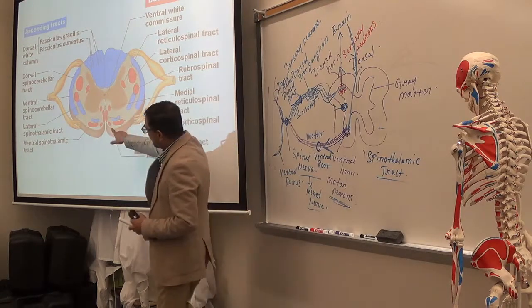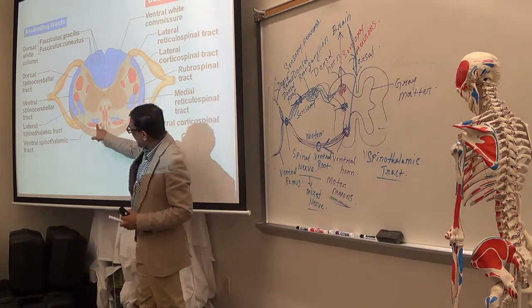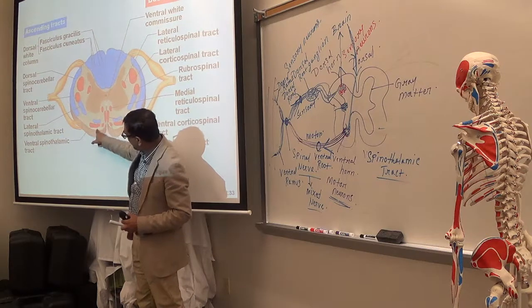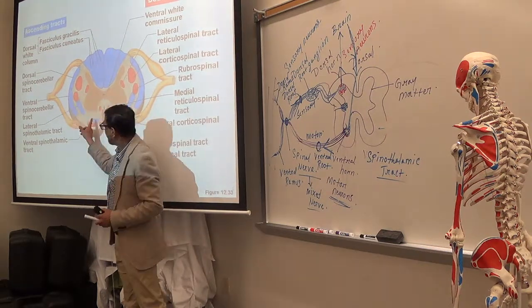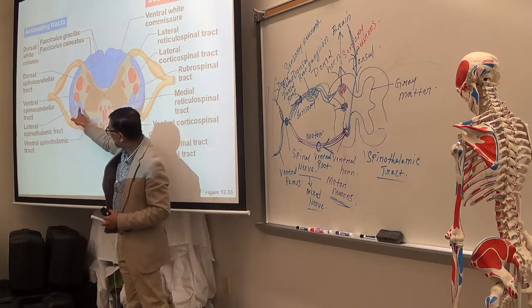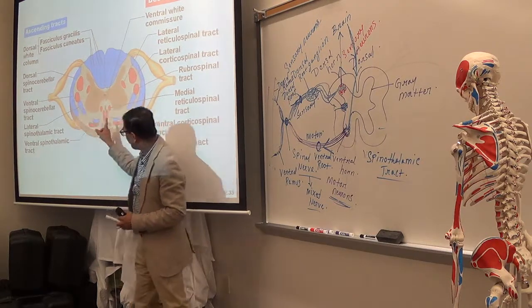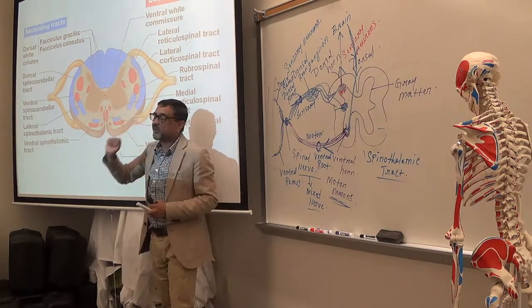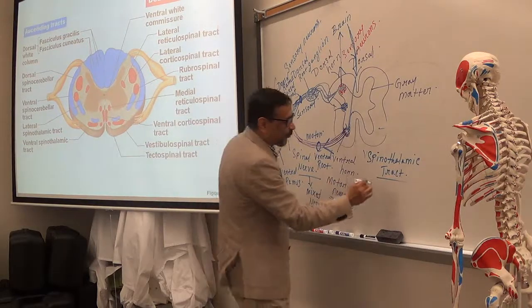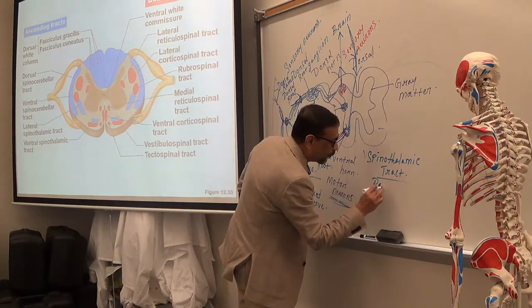There are two in each side. You see, this is ventral and this is lateral. So ventral spinothalamic, lateral spinothalamic. Same on this side. So they carry pain